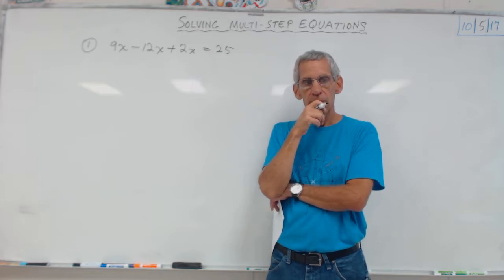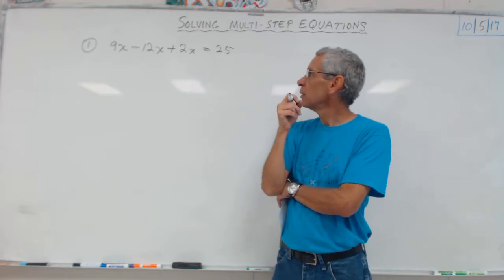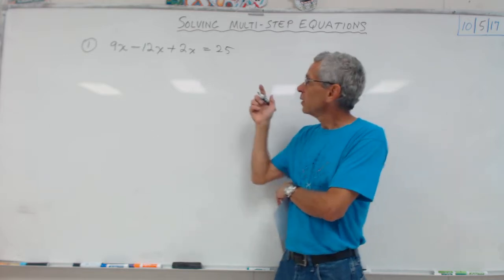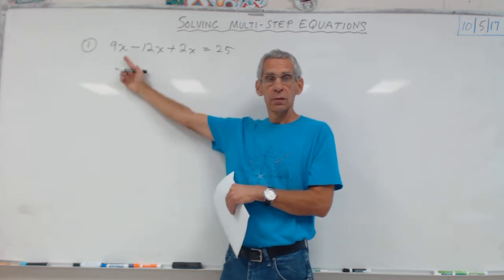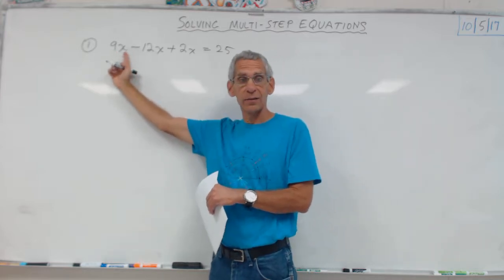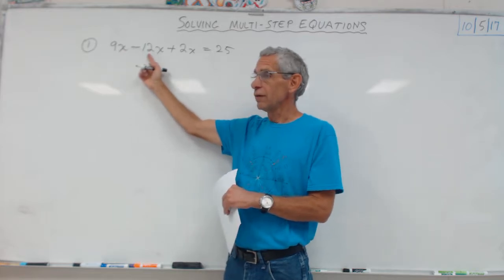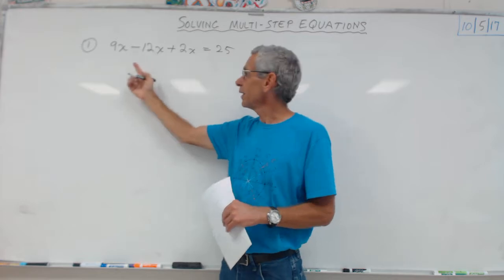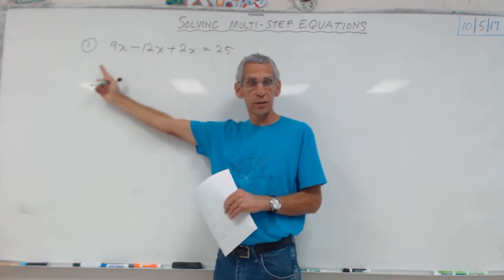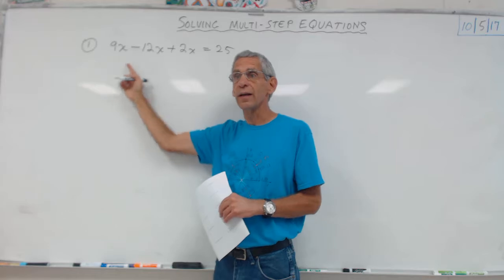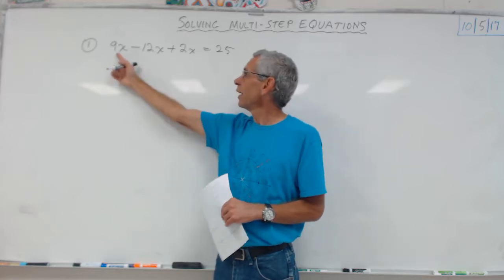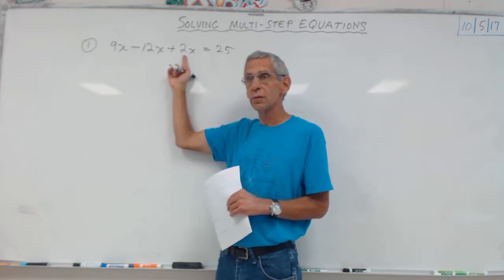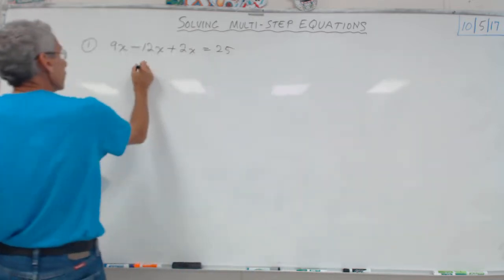Add/subtract the like terms. Meaning what? Combine. Okay, so where are my like terms? I have 9 x's minus 12 x's plus 2x. Those are all like terms. So I can combine the coefficients in front of the x's, totally fine, and then just follow it with an x. So 9 minus 12, what's that? Negative 3 plus 2. Okay, so negative 1x